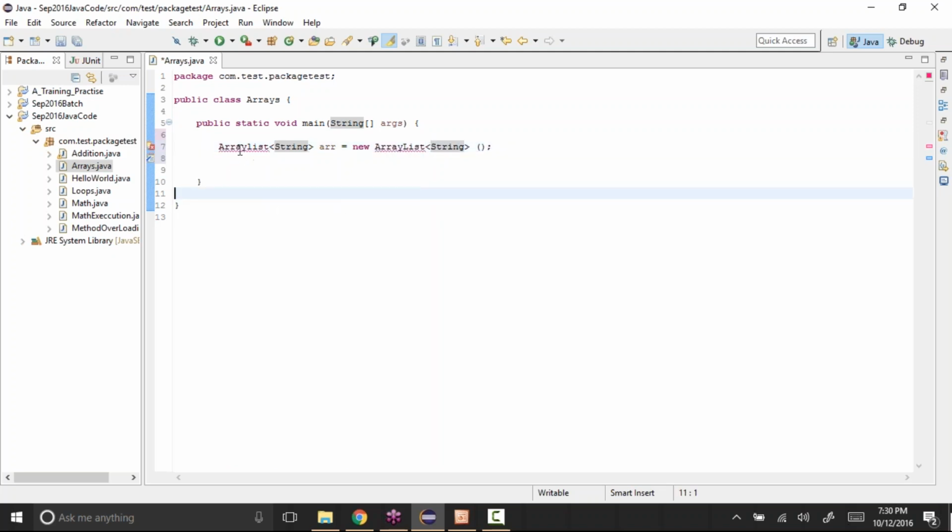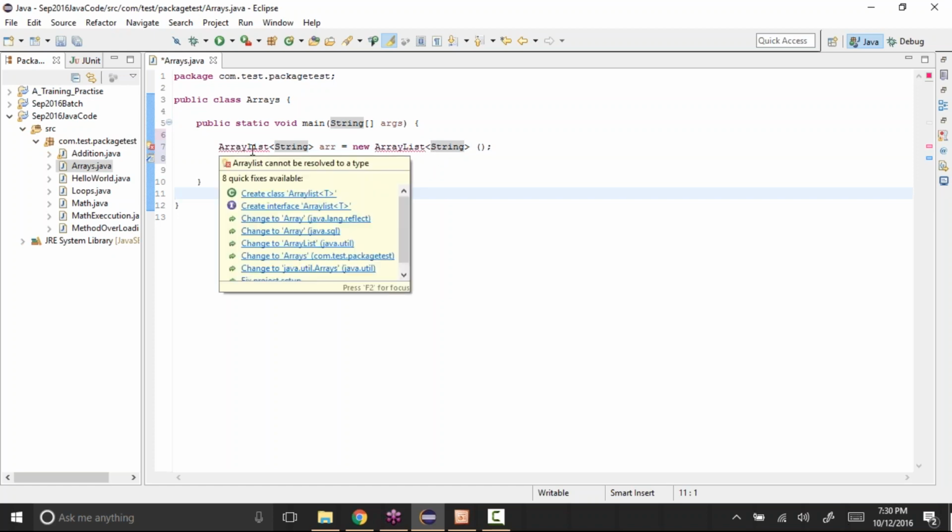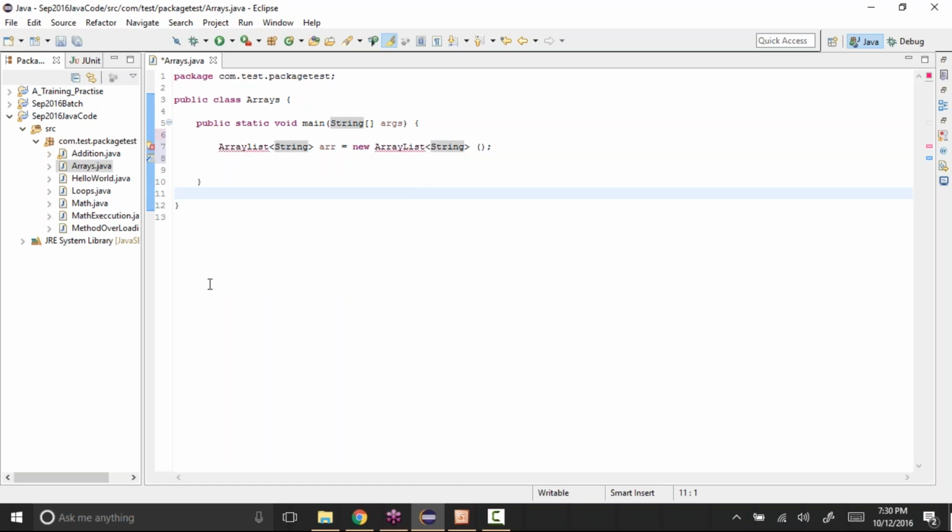Now if you see here, when I type ArrayList, the code is not able to understand what that ArrayList is. To do that, we need to have some classes imported. We already know Java has many jar files, and each jar has some logic which will be understood.